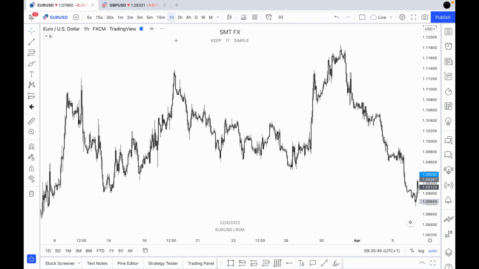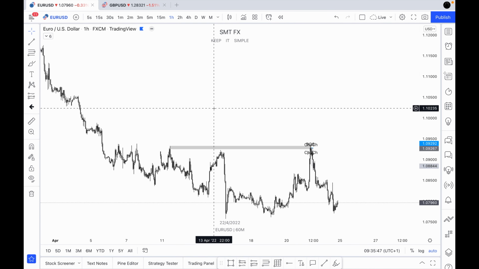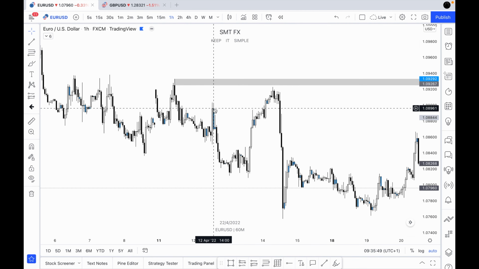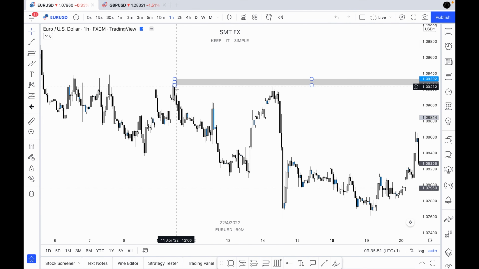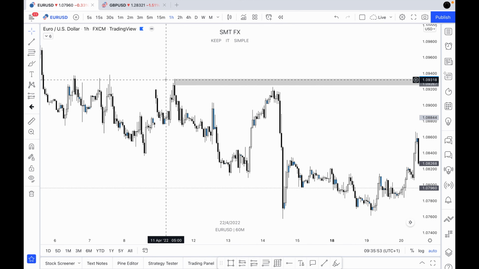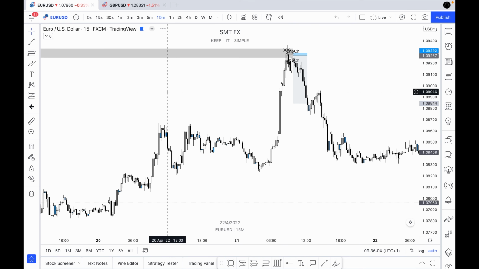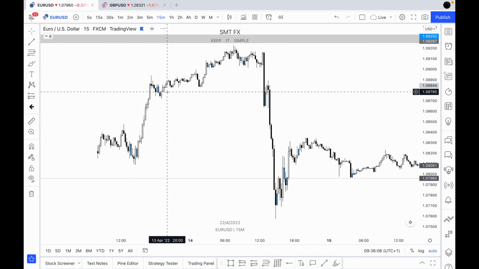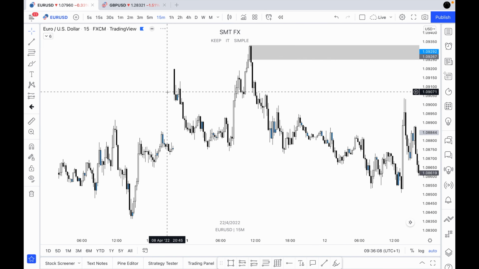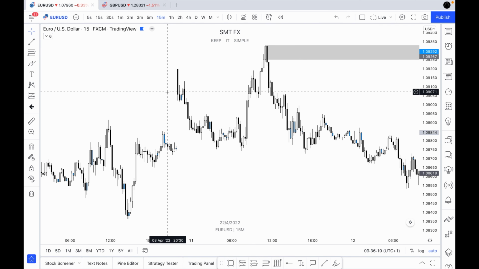Now if I just jump up to the 1 hour time frame, what you'll see is we've got a wick. Now we are using the entirety of the wick here. Okay, we've looked at this high here as inducement, so we've got liquidity sat above this high. Now let's just drop back down to the 15-minute time frame and we'll show you why we were looking at this zone. Now this trade was taken on our MT5 account.